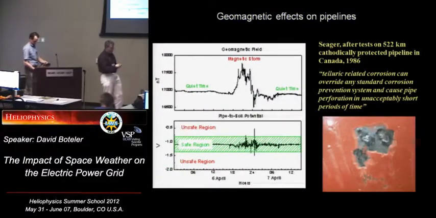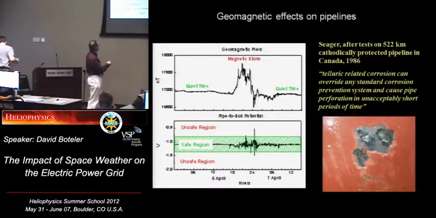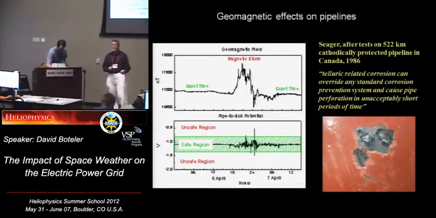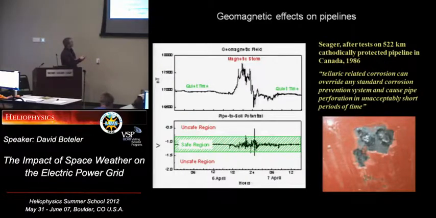The concern is that these currents, where they flow to ground, can cause corrosion of the pipe. The concern is actually the voltage on the pipe. Corrosion is an electrochemical process at the steel to soil interface. So by setting the voltage of the pipe about 1 volt negative with respect to the surrounding soil, you can effectively turn off those corrosion processes. So here's some recordings of voltage on the pipe, and they've got it about 1 volt, and they want to keep it within this safe region.